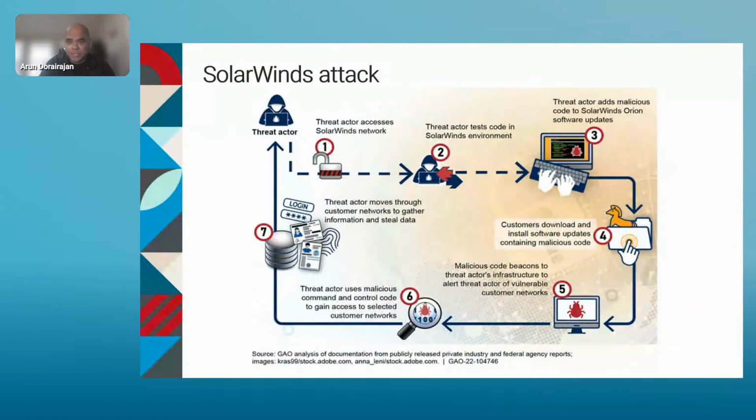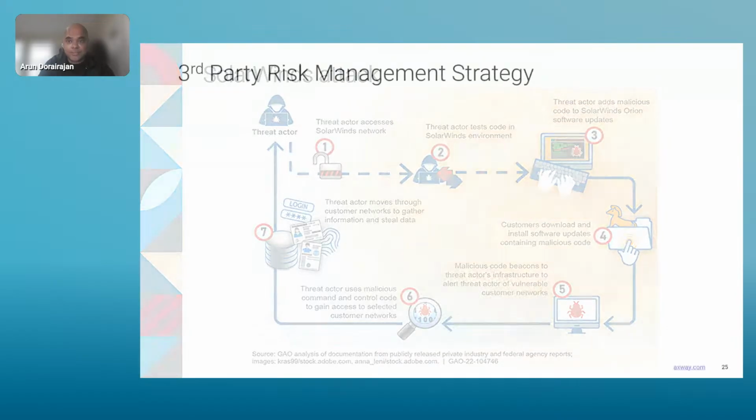Let me give you an example, the SolarWinds breach, a textbook example of a supply chain attack. SolarWinds was trusted by thousands of organizations and government agencies, and its Orion software had deep access to logs, performance metrics, and internal systems. So when an attacker compromised just one software update, they didn't just breach SolarWinds, they infiltrated every single customer downstream. Malicious code flowed freely because trust was assumed. So the lesson to learn here is your security is only as strong as your weakest integration.